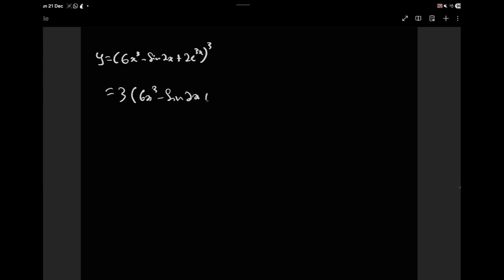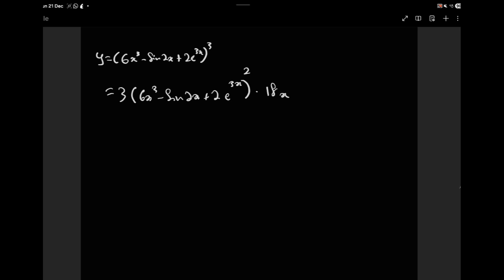So x plus 2 exponent 3x to the power of 2 times the function inside being differentiated, which is we have